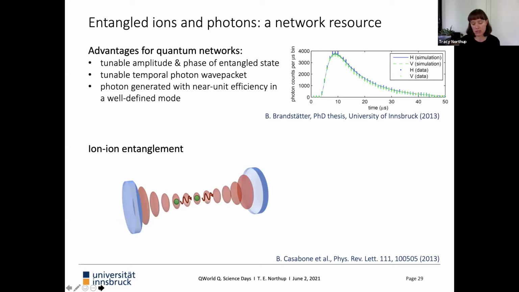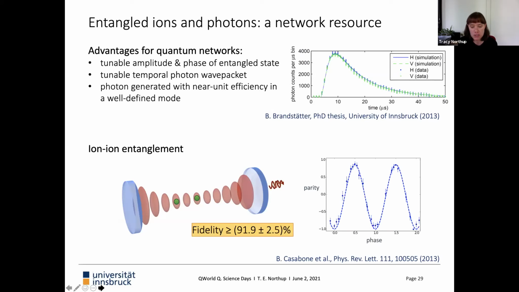First, I want to show you some work that we did. To start out with, we had just one cavity, but we could still entangle 2 ions with each other by entangling each of the 2 ions in the single cavity with a photon. And then, just as in the experiments I've shown you from the Monroe group and talked about also from the Lucas group at Oxford, we took those 2 photons and measured them in particular polarizations.